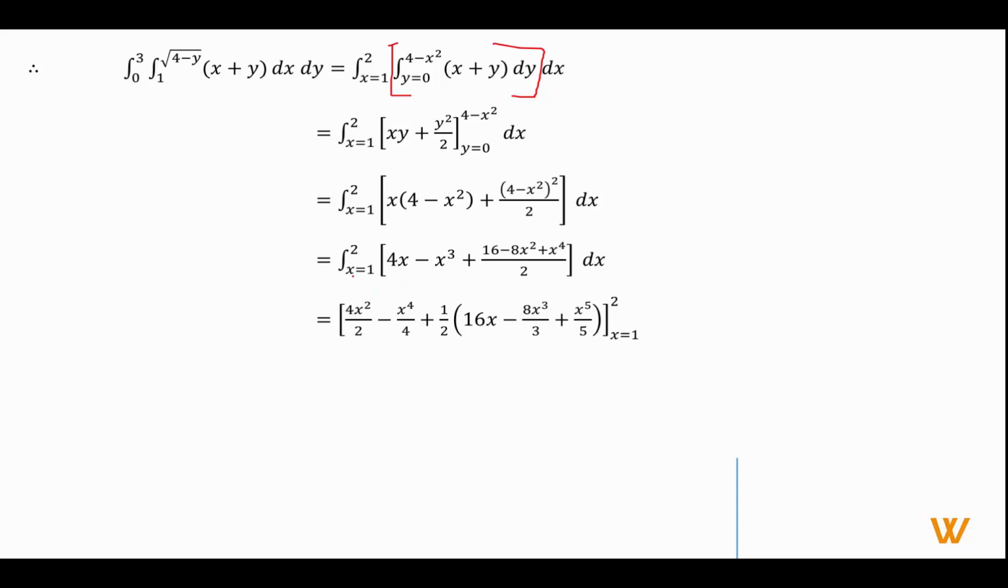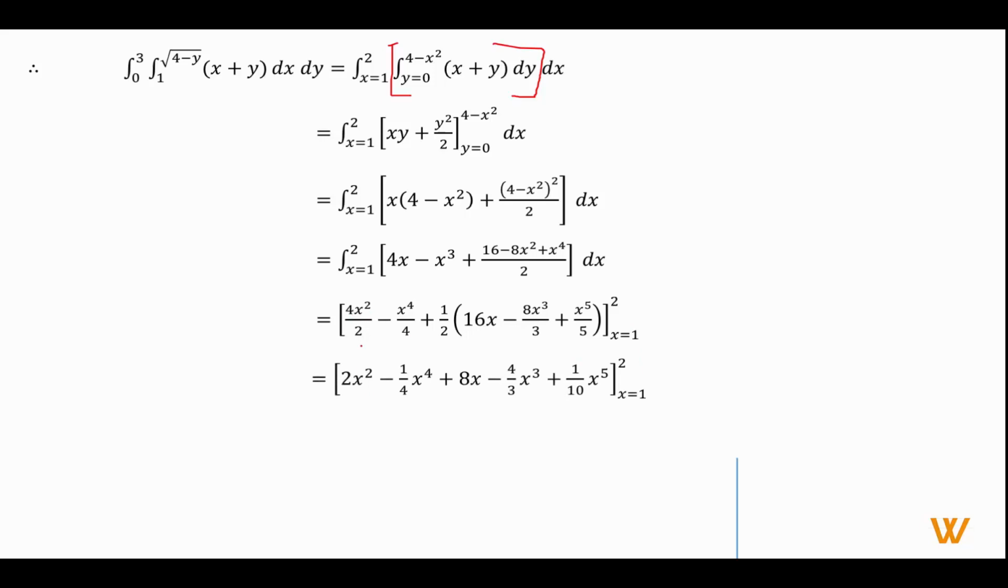So for the constant, the integration of x is x square by 2, minus the integration of x cube is x raised to 4 upon 4, plus 1 half constant out of this bracket. Inside the bracket, 16 and the integration of dx is x, minus 8 times the integration of x square is x cube by 3, plus the integration of x raised to 4 is x raised to 5 upon 5, and the limit x varies from 1 to 2, is equal to we